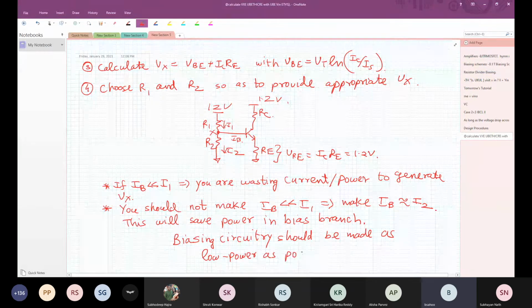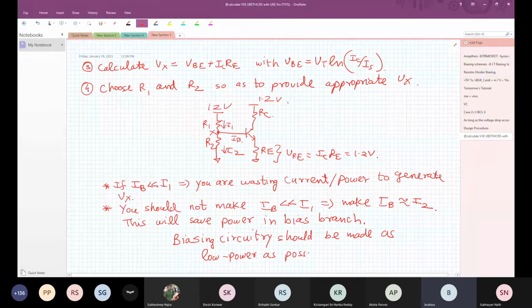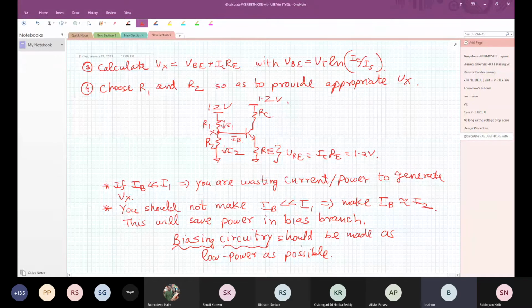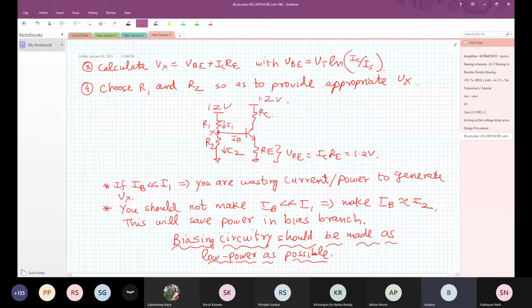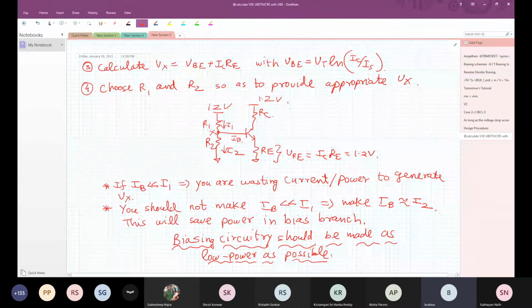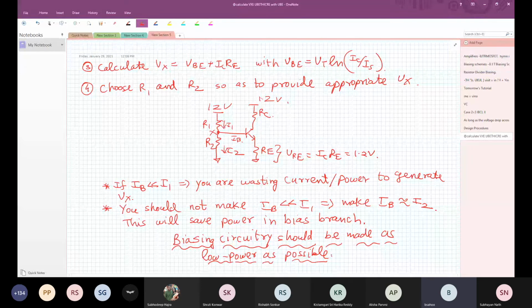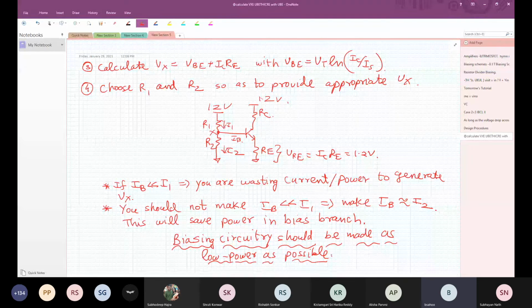This is an important thing. This will save you a lot of things. If you see your cell phone, tons of analog circuits are sitting in there, tons of them. You will be amazed. I can show you some pictures of some of those things. Let me see if I can find one. I'll show you one picture of